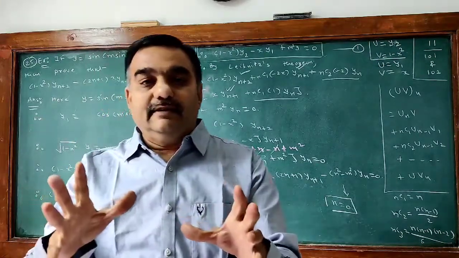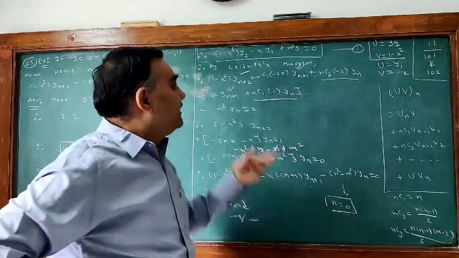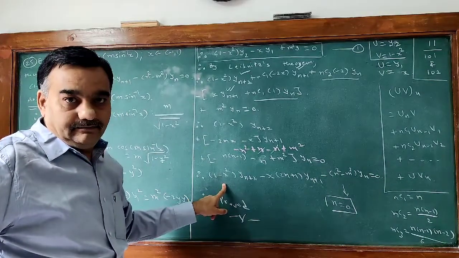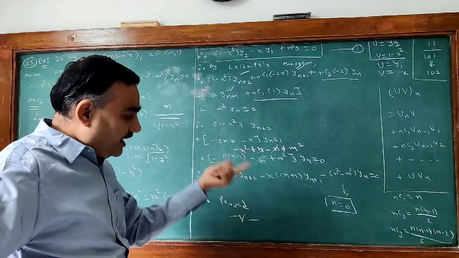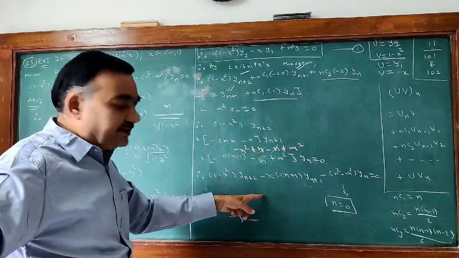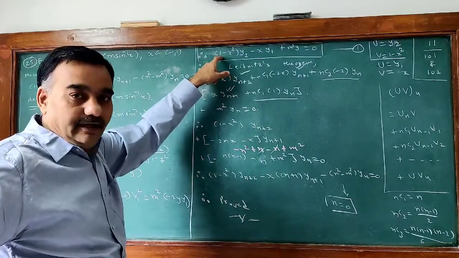This is a hint. If you put n equal to 0 in this, you will find this answer after this one. Actually we derive it from here. If you get equation 1 by putting n equal to 0, means this calculation is correct. Calculation up to here is correct. Okay.